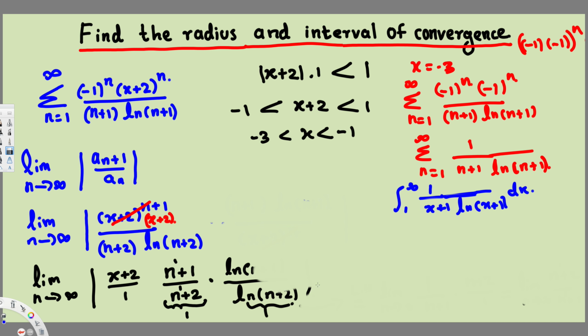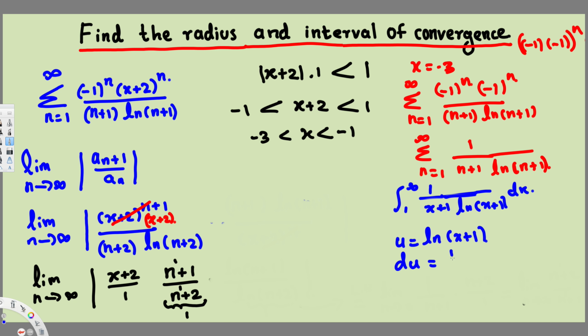Okay, so here we can do the u substitution. So u, if I pick up u as log x plus 1, and then du is going to be 1 over x plus 1 dx, right? Now we can replace 1 over x plus 1 dx with the du, and log of x plus 1 is